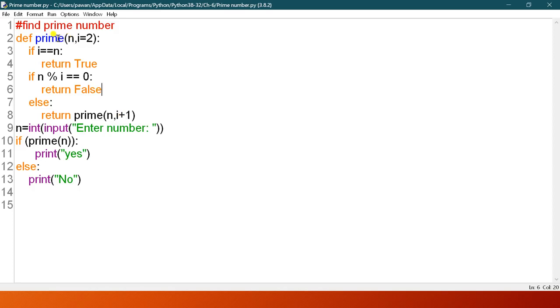Again it goes to the definition of prime, with n as 5 and i as 3. That is the way of checking whether the number is prime or not. So you have to do it yourself. This is your prime number program.